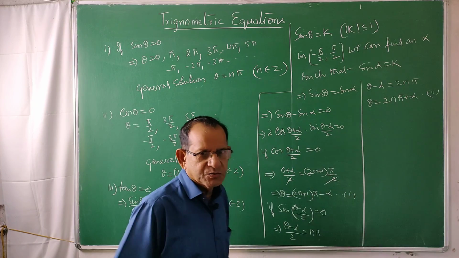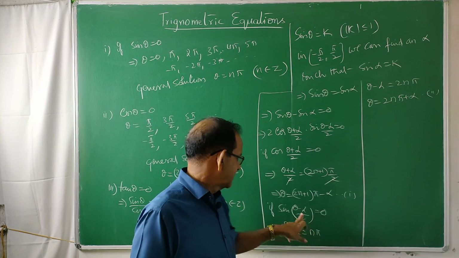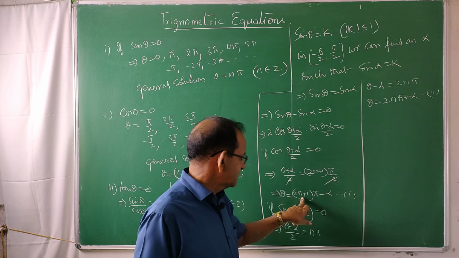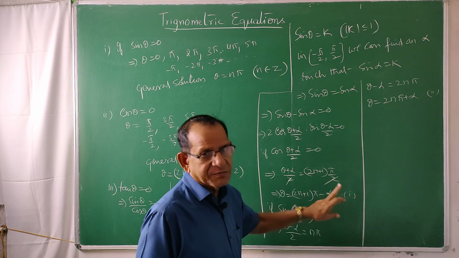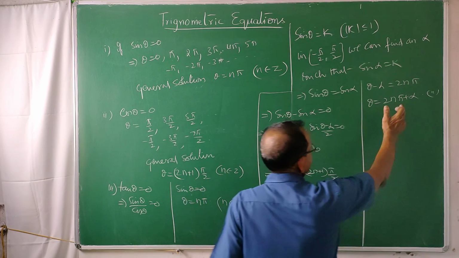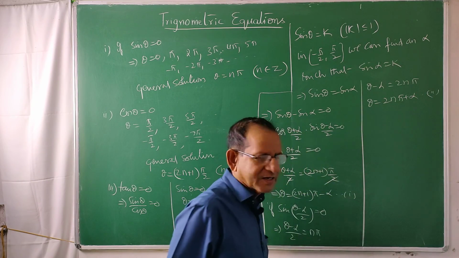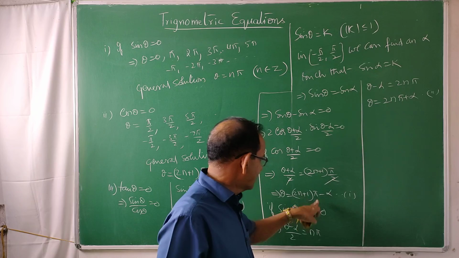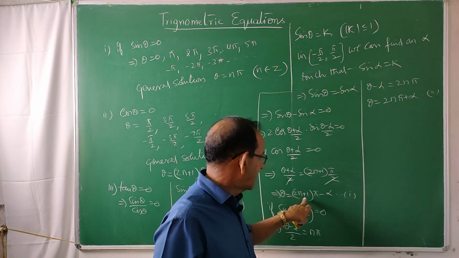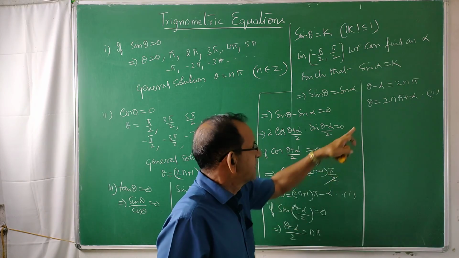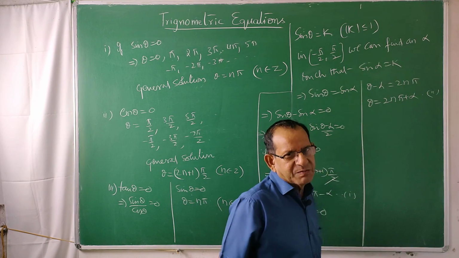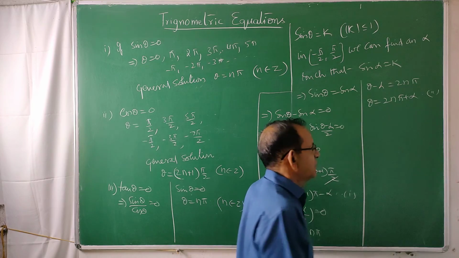We have to club these two in one equation. Here, 2n plus 1 is an odd number, into pi, then you get minus alpha. Here 2n pi is an even number, plus alpha you are getting. That means when the number is odd, into pi, you have to write minus alpha. When this number is even, into pi, you have to write plus alpha. So, you can club these two like this.